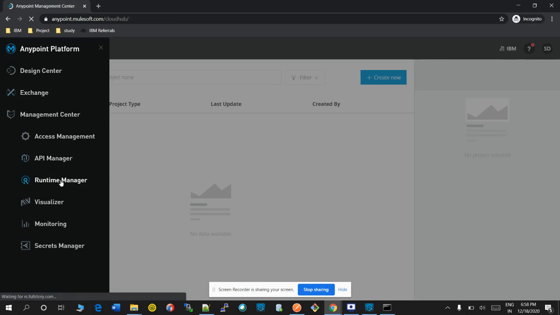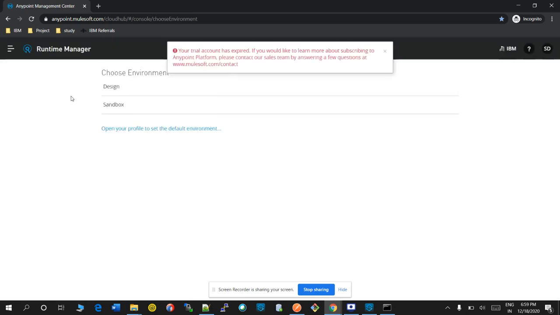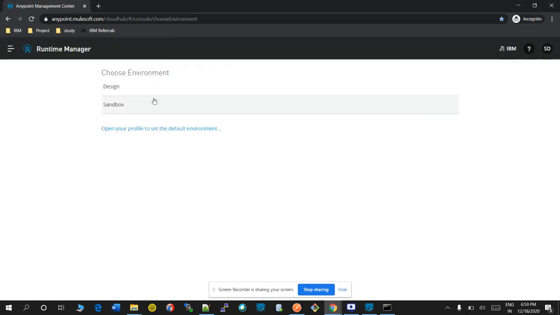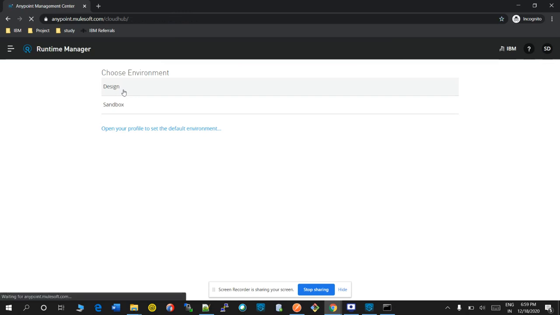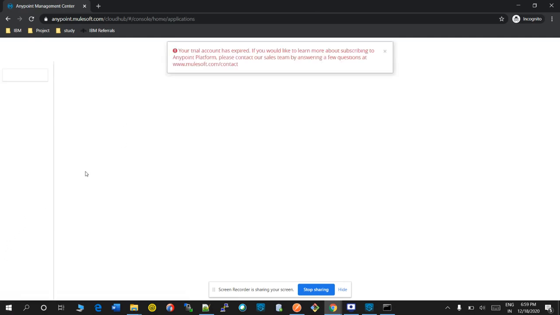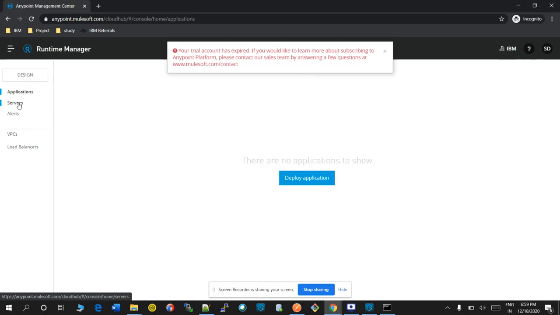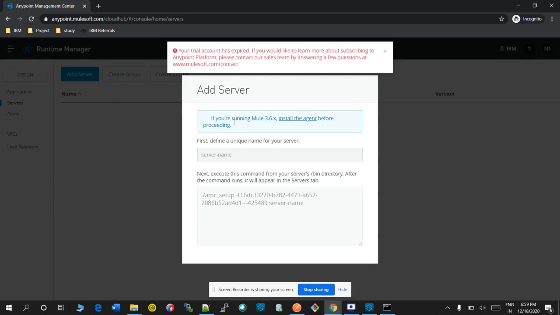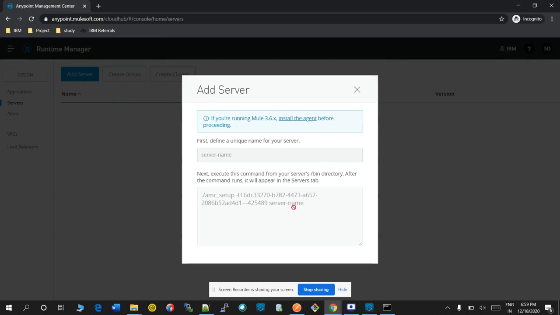Go to Runtime Manager. Go to Servers. You can add a server using this command.